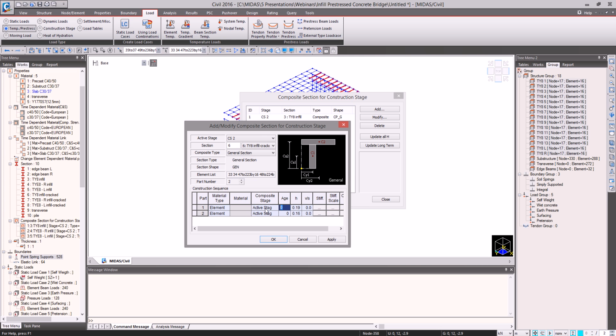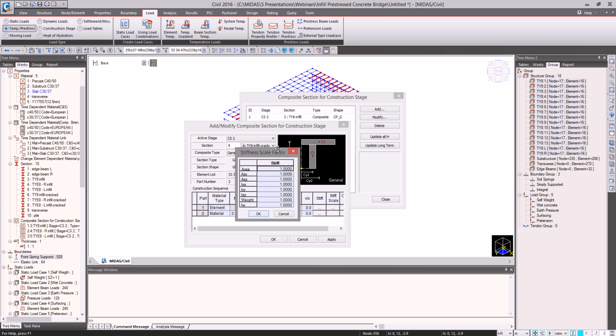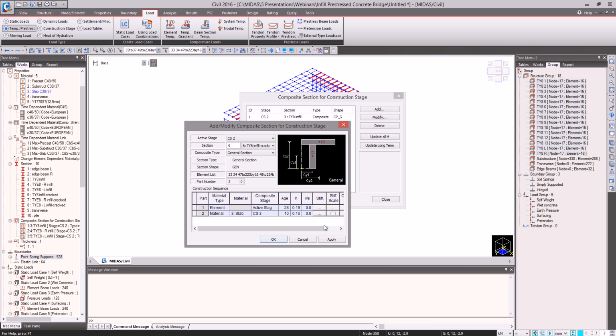For the crack section properties, I'm activating again 28 days for the beam. The material for the second part, the same slab material, activated in stage 3, 10 days. But this time, to ignore the properties, the moment of inertia and the section properties for this part, as I'm considering cracked, I can simply define these as 0 here, and they will be ignored for the section, or be multiplied with a factor of 0. I'm keeping the weight because I want the weight to be accounted for,